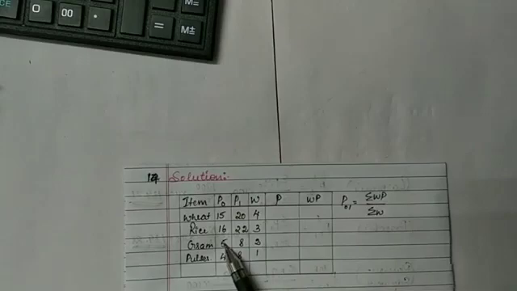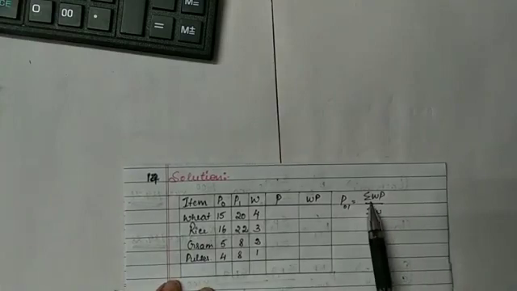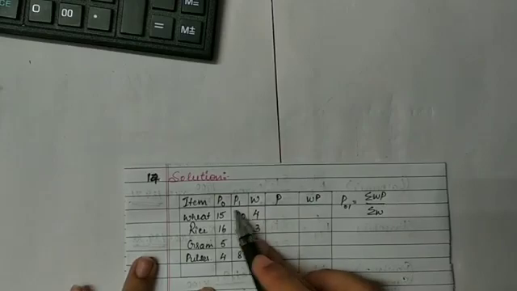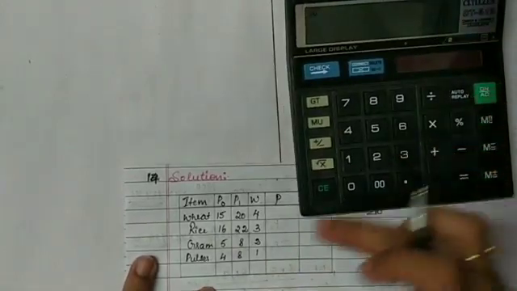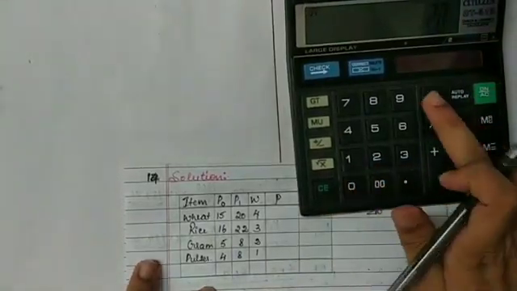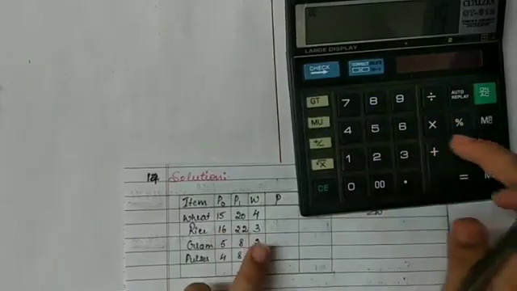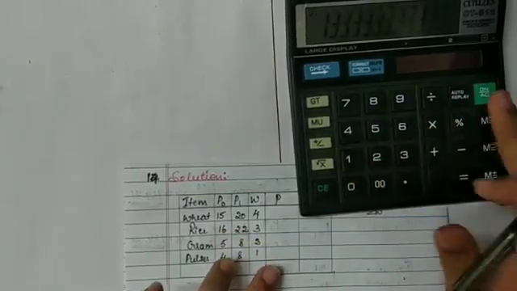And we are asked to calculate the arithmetic mean. The formula is summation WP divided by summation W. First let us calculate P, that is P1 divided by P0 into 100. P1 is 20 divided by P0 which is 15, into 100, and it is